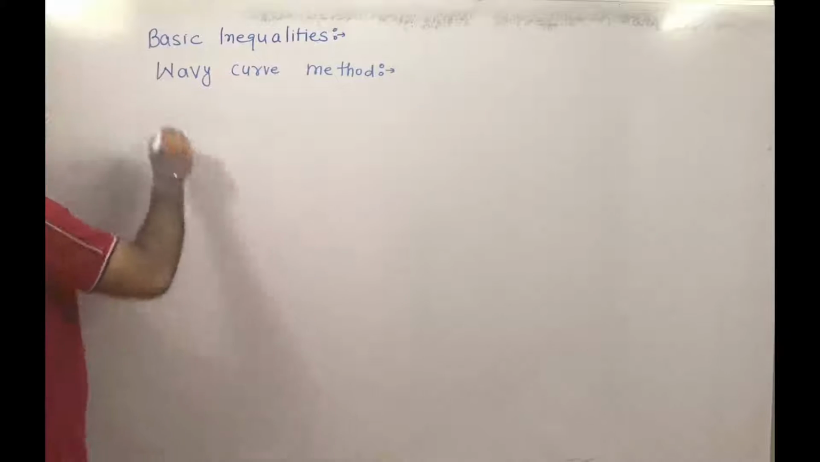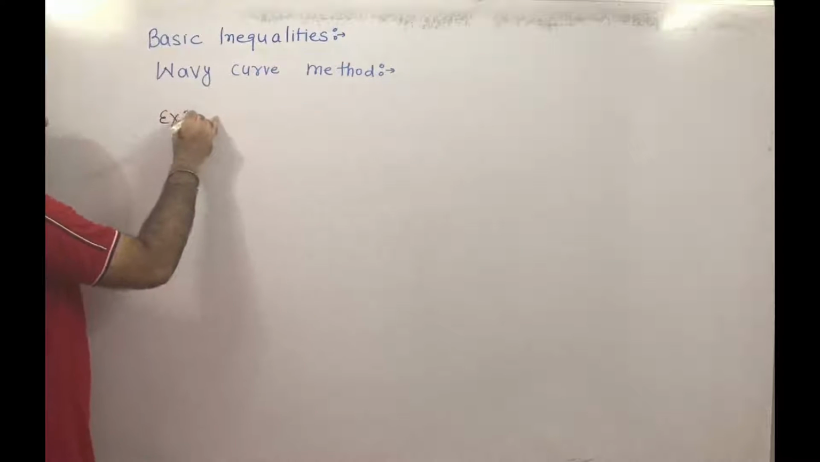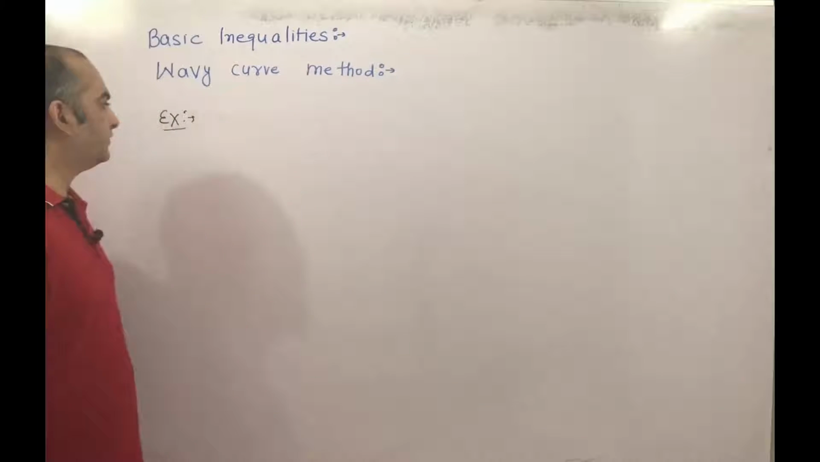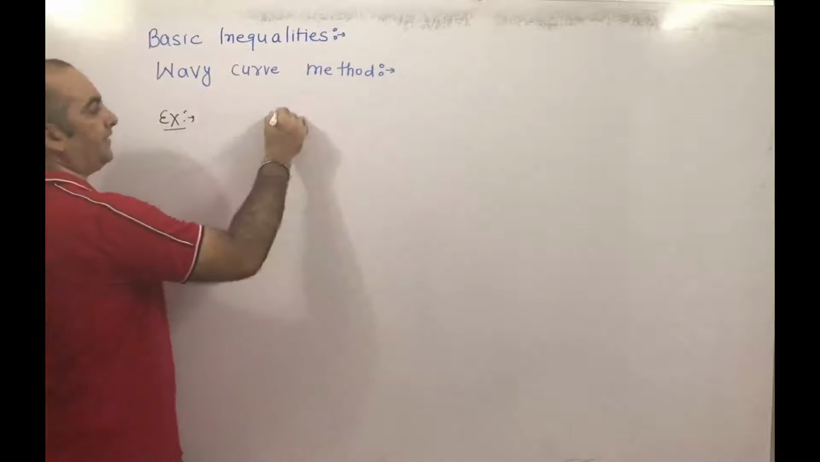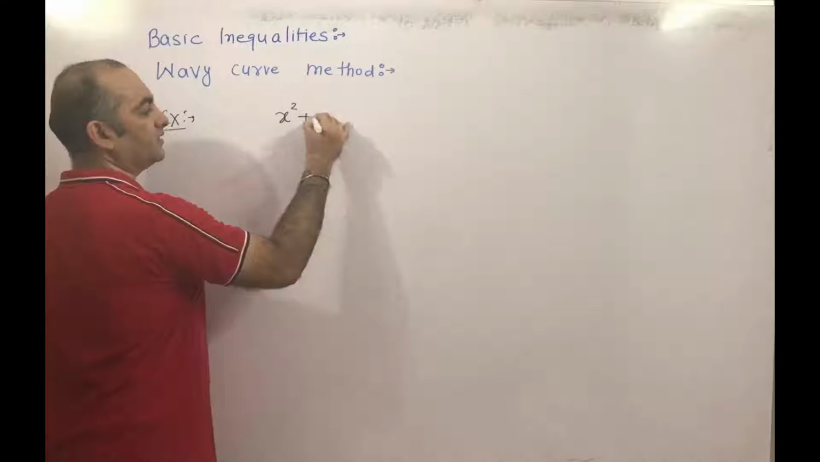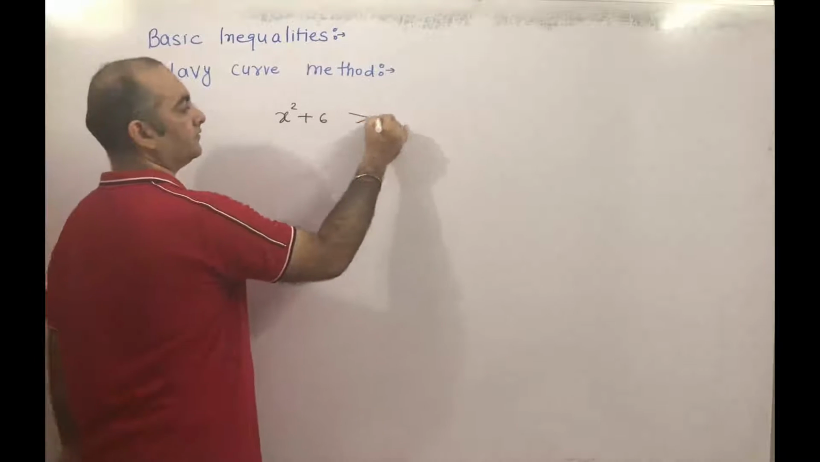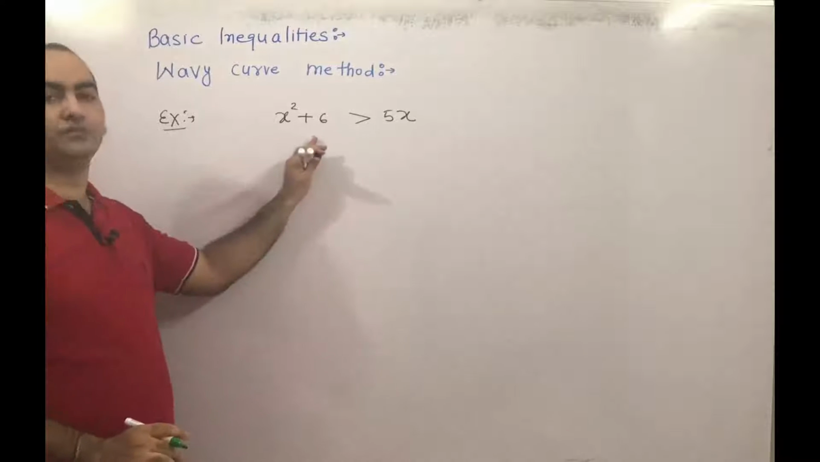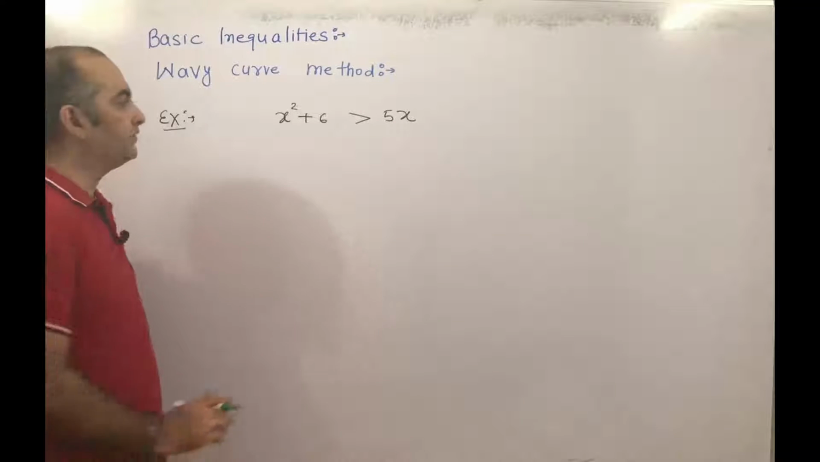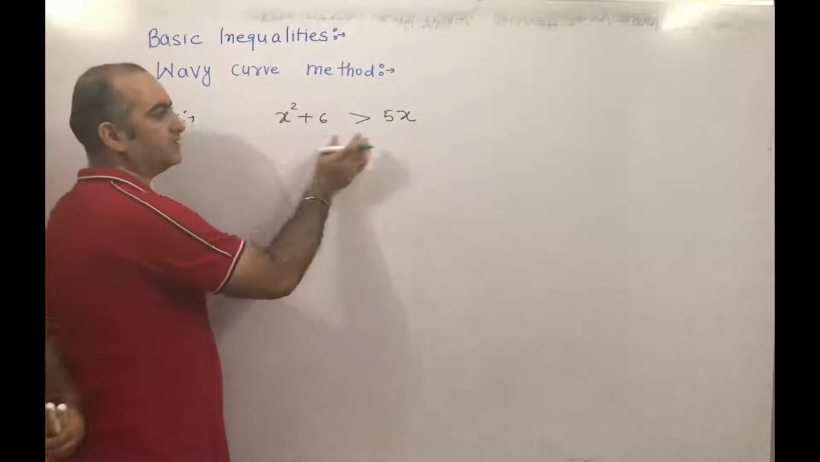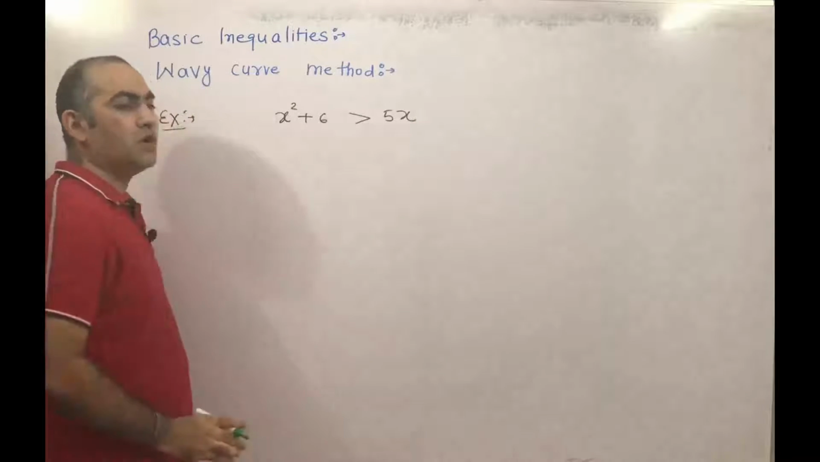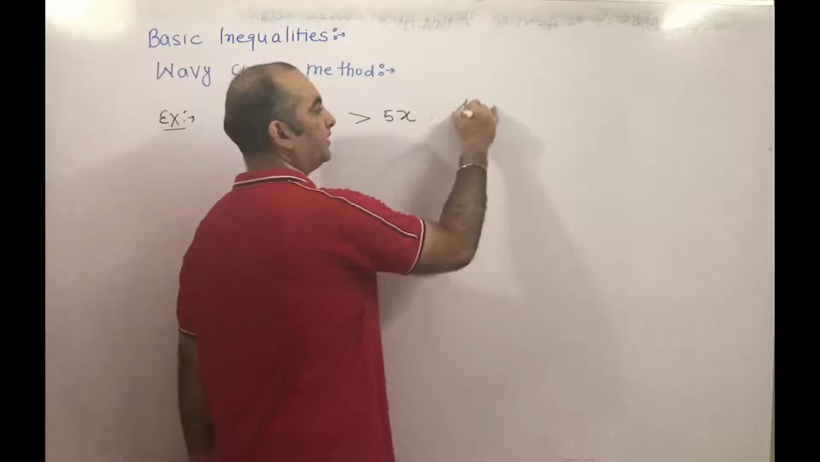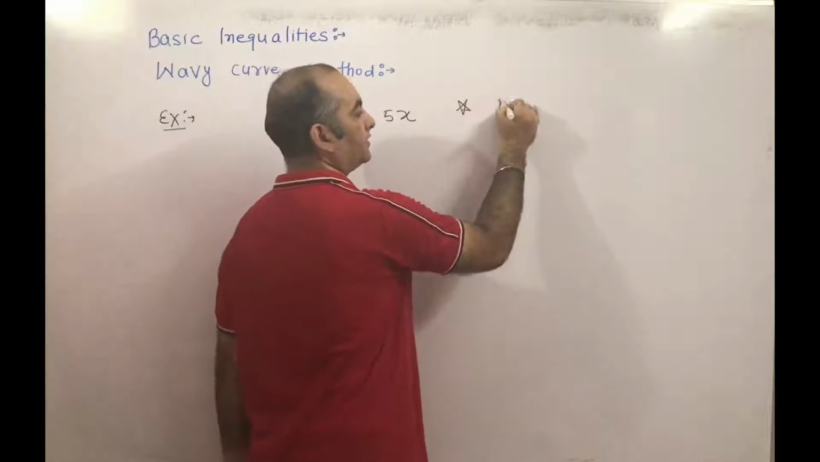So the first example, this method we will use for solving algebraic inequalities. Suppose we have x square plus 6 is greater than 5x. This inequality we have to solve. So how to do it? This is LHS, this is RHS. One of the sides you will make 0. First thing you have to remember, that in inequalities,